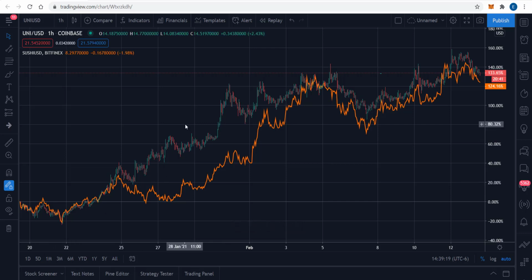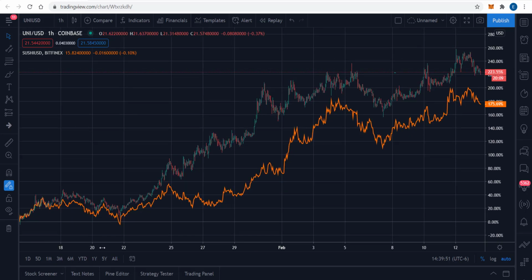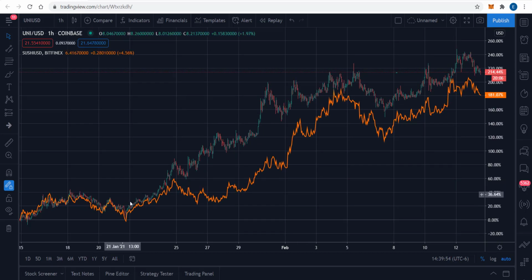For instance, this gap that we saw in late January, that was actually a tradable gap because look at how tightly it's trading now, Sushi Swap relative to Uniswap. And so you just have to get as much information as you can, and sometimes just comparing other pricing data can be very valuable. I mean, look how tight they were all the way through January 24th of 2021. So tight, tight, tight, and then there was a clear divergence between them, and then it pulled back together.